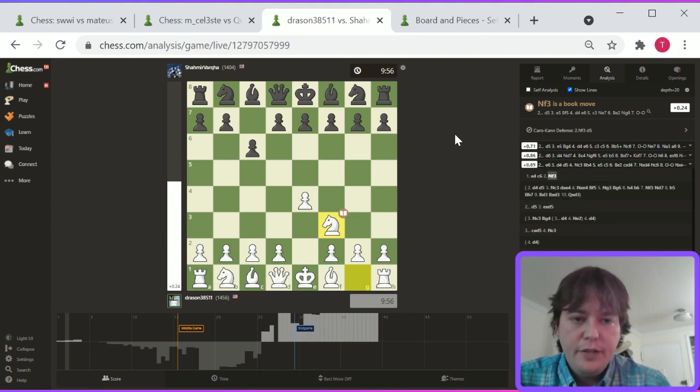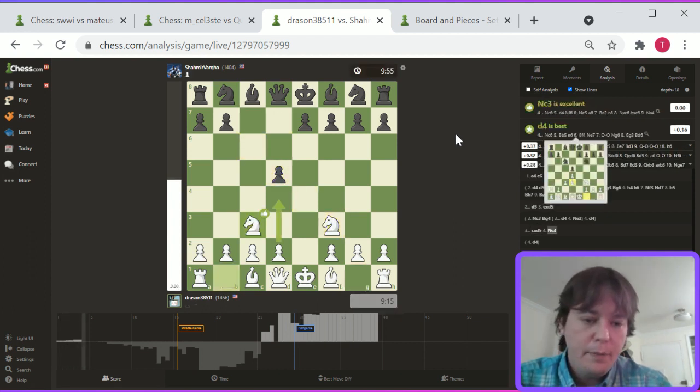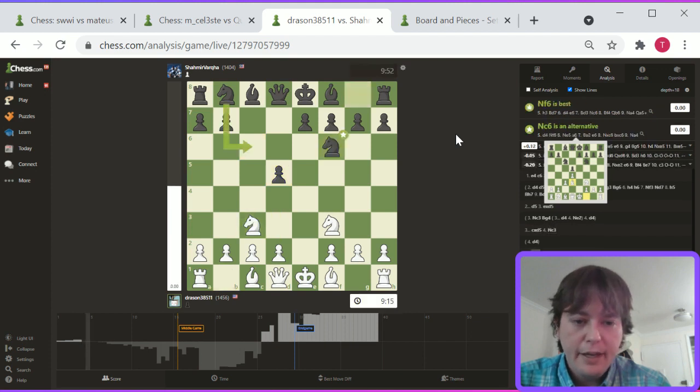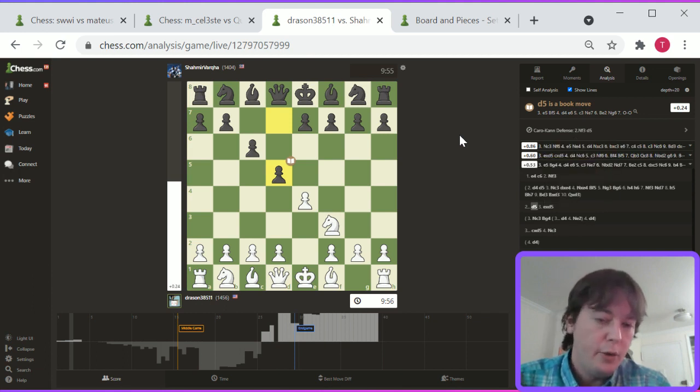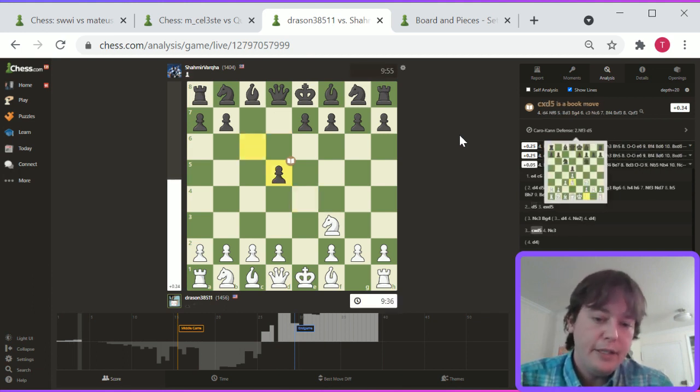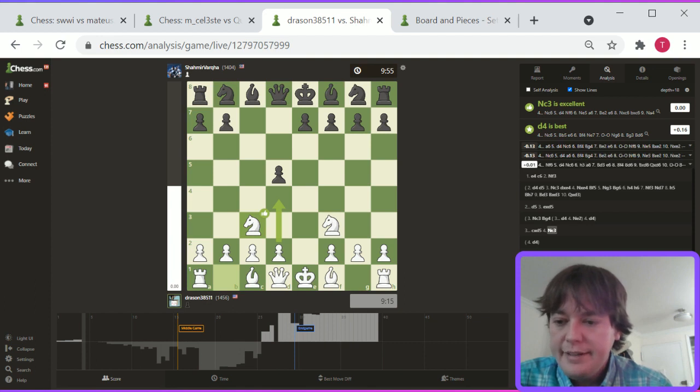In terms of takeaways from this game, I have this one opening one, which is try not to provide your opponent too much ability to create symmetry in an opening. Symmetry in an opening generally implies equality. Not always, but